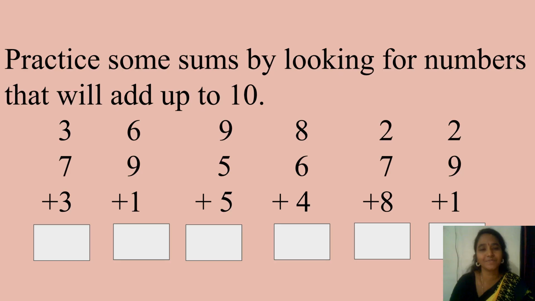Okay? So here are some sums for you to practice. Don't forget to look for the friends. First one, see 3, 7 and 3. Friend of 3 is 7. It is given there. 3 and 7 is 10. 10 plus 3 is 13. Do in that way only. Okay. Now note down the sums. If you have Parallels book, you will be having in your textbook only, and the space is provided for you to answer. Okay. You might have noted down.